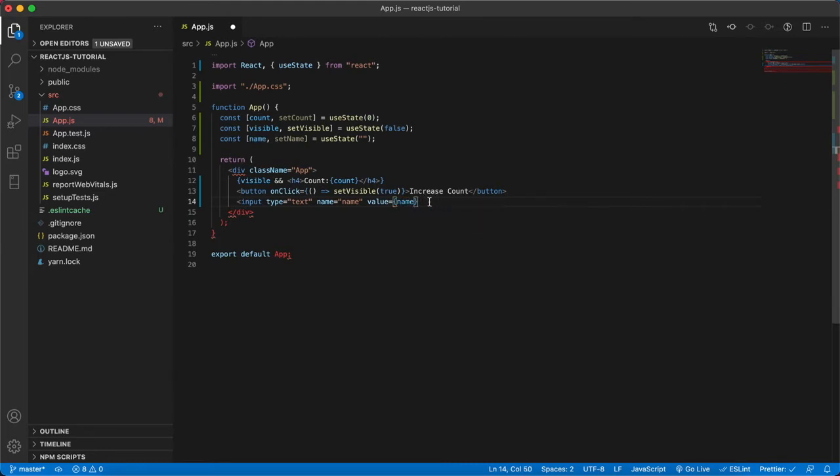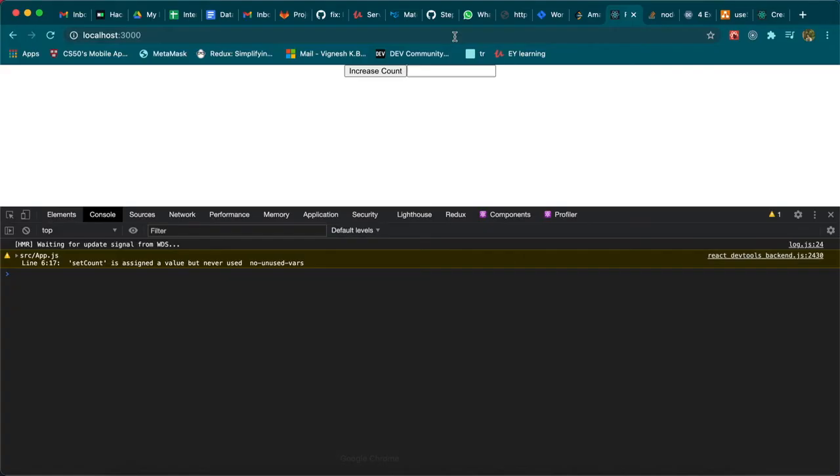Then we are going to give the onChange function. The onChange function will take an event, and that event has a target object, inside which you can get the value and the name, so that based on that you can dynamically assign the value to the text box. So this is the function. I'm here using the setName function, which will directly assign the value to the name state.